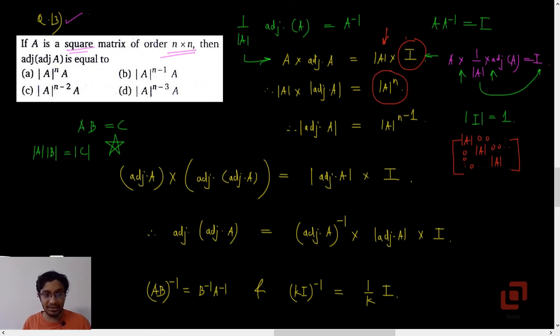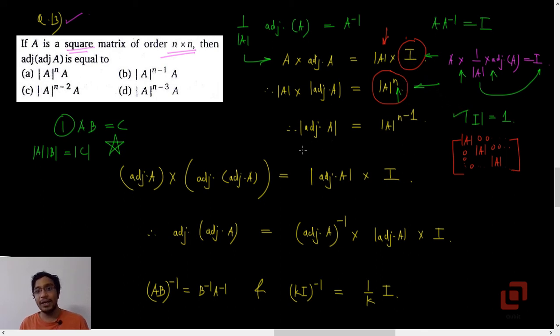So even the second step is important, which is based on two things. First, if A into B is C for 3 matrices, then determinant of A into determinant of B is equal to determinant of C. Second, if you are multiplying any matrix by a number, and you are finding the determinant of the resulting matrix, it is the original determinant into the nth power of the number with which you multiplied the original matrix. So that is determinant of A raised to n into 1, but that's fine.